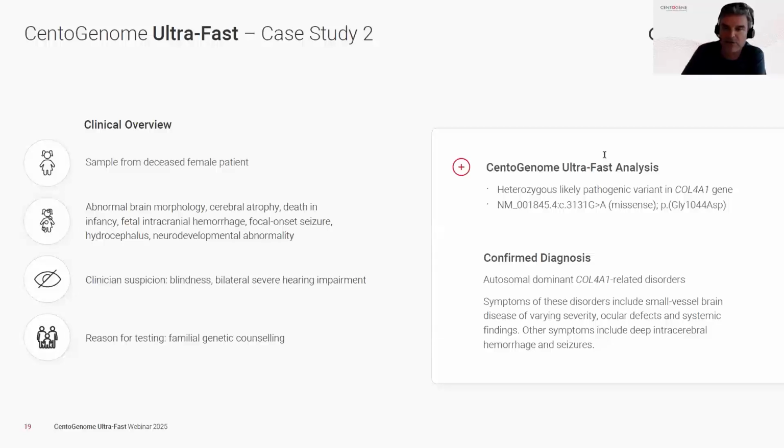After ultra-fast genome analysis, we identified the COL4A1 gene variant, which was a rare missense, but we also could detect a similar case in our biodata bank, which helped to establish a clear diagnosis with a clear classification of this variant, and the related disorder very well matched the phenotype, where we know that COL4A1 diseases are